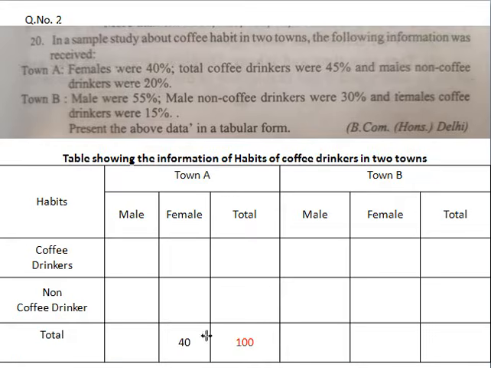So this information is not given in the problem. That was your key area. This was not given because the full information is based on percentage, means the grand total is how much? 100. Like here also 100 only. In town B also, because it is percentage based. So total is always 100. Now see the next, total coffee drinkers here. Total coffee drinkers are 45. Total coffee drinkers means coffee drinkers total. Total means here 45, right? Then you move to the next one now.